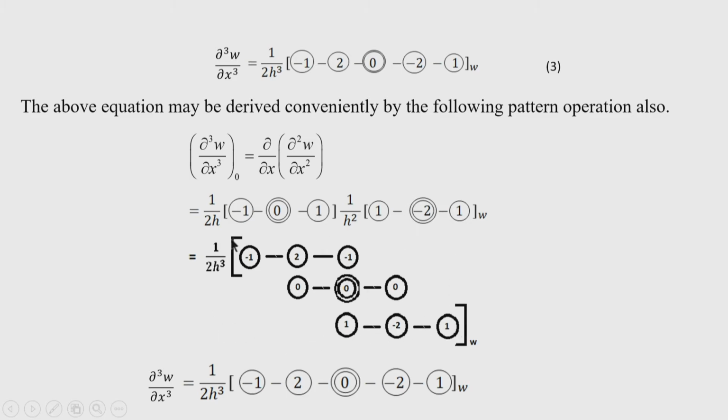Then if you add all this column wise, we will get here 2 h cube as the factor, bracket, this is minus 1, this is 2 and this is 0, plus 1 minus 1 will be 0, then again it is minus 2 and 1. So, this is same as this, and you can see here that the antisymmetric pattern is observed. Antisymmetric pattern is obvious here, and it is true because it is a third derivative, an odd number of derivatives. So, antisymmetry should be reflected in the expression.